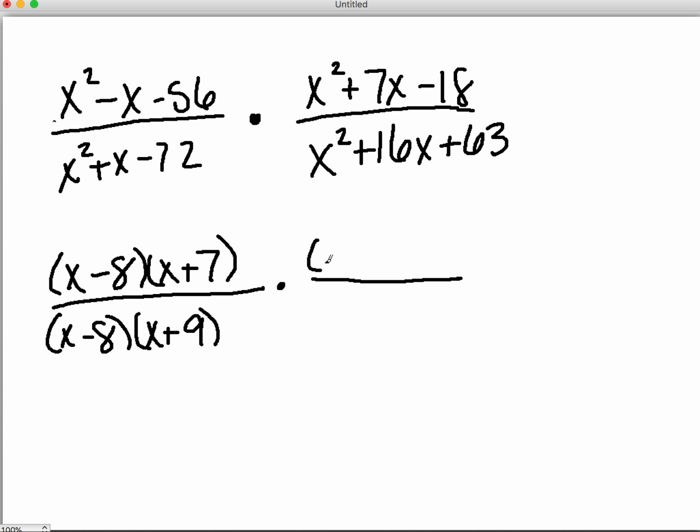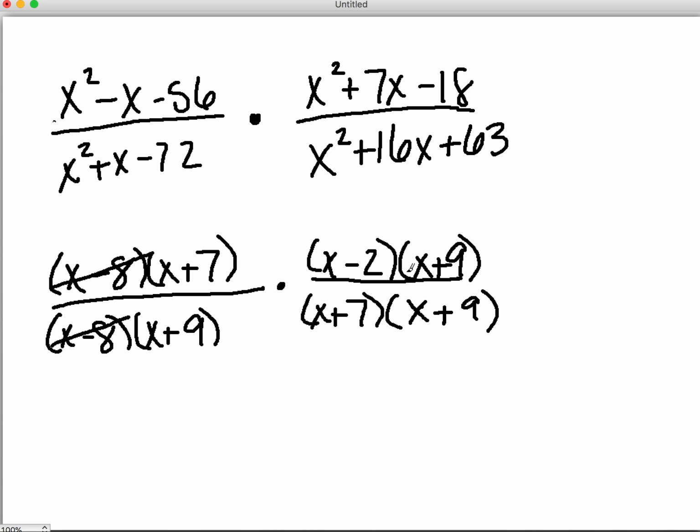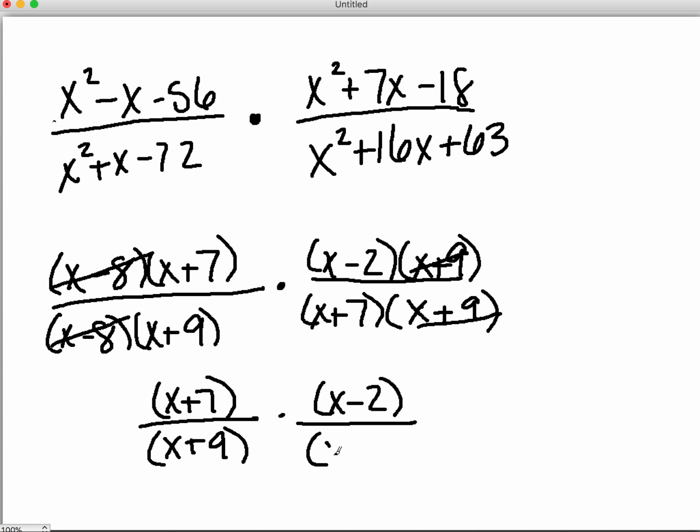So anything divided by itself is 1. So I can cancel these x minus 8s. And I can cancel these x plus 9s because they're on top of each other. So at that point, I'm left with x plus 7 over x plus 9 times x minus 2 over x